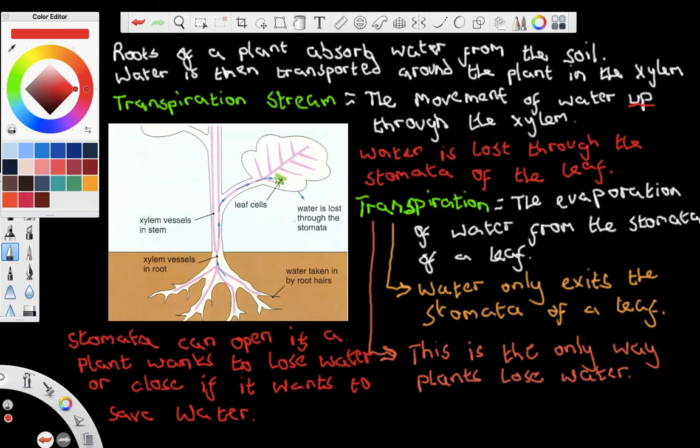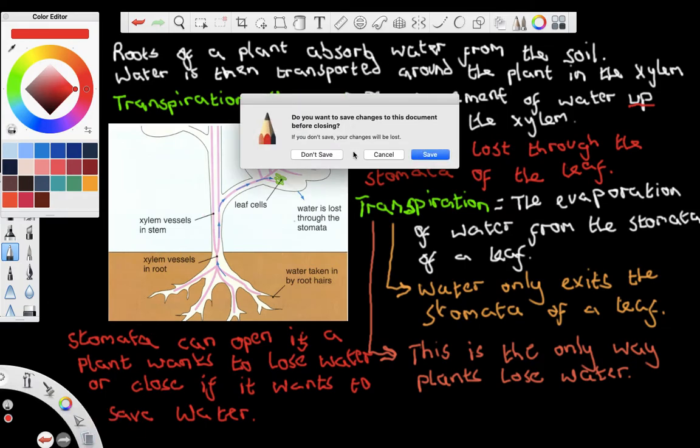Water is lost through the stomata of a leaf. This is a process known as transpiration. Transpiration is the evaporation of water from the stomata of a leaf. Water only exits the stomata of the leaf. It doesn't enter the leaf, okay? This is the only way that plants lose water, and the stomata can open if a plant wants to lose water, or close if the plant wants to save water. Okay,